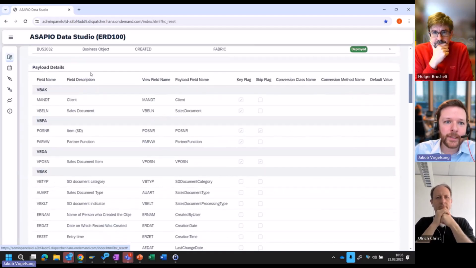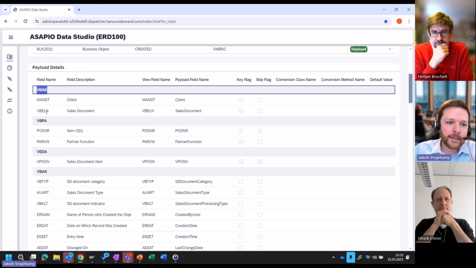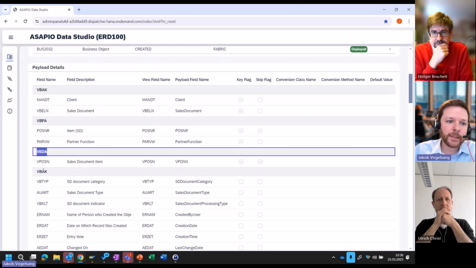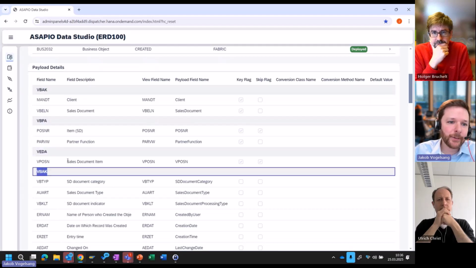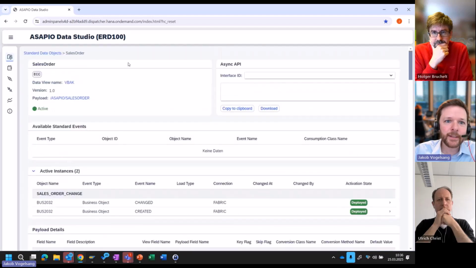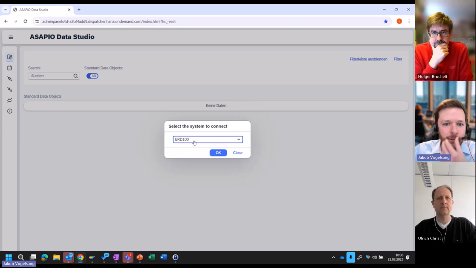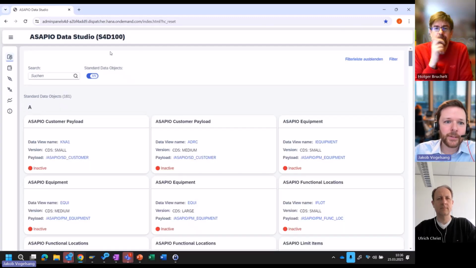And so for the ECC system, you can see that the payload data is based on the typical tables that the sales order consists of in an ECC system. Just to have the direct comparison, if I now look at the data from an S4 system, this is another system that I'm showing here in our Data Studio. This is now the S4 system. And if I search for the sales order here,